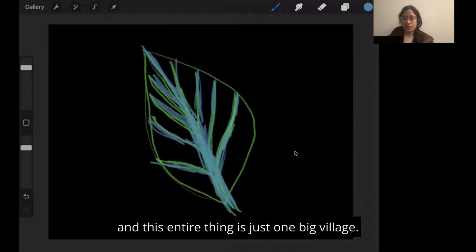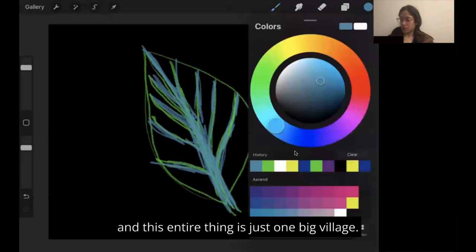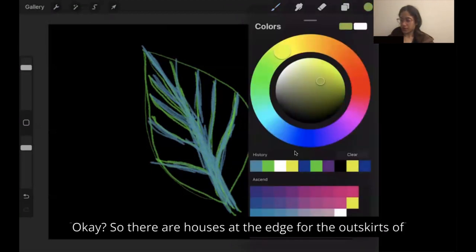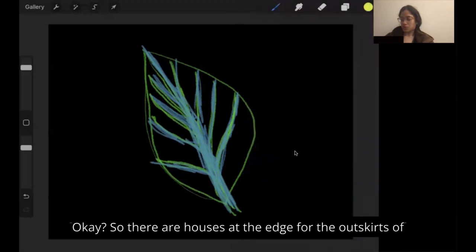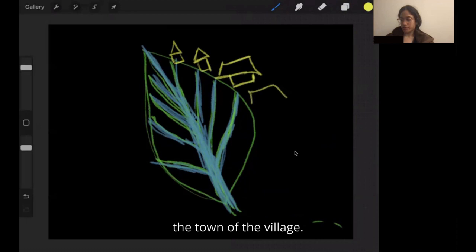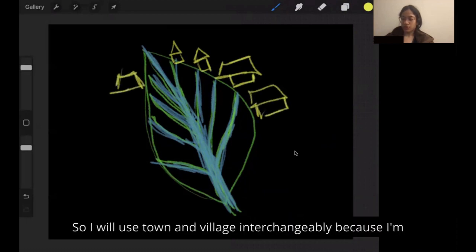And this entire thing is just one big village. Okay. So there are houses at the edge, which are the outskirts of the town, of the village. So I will use town and village interchangeably